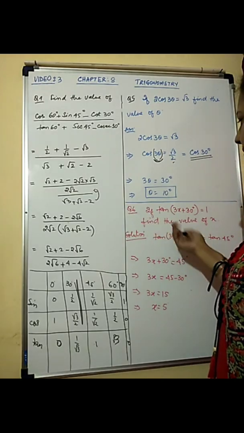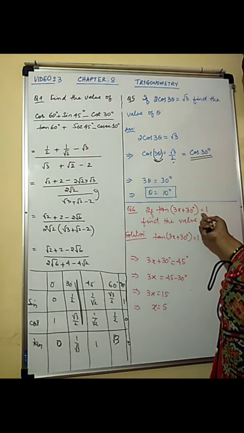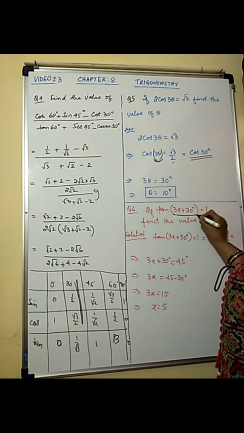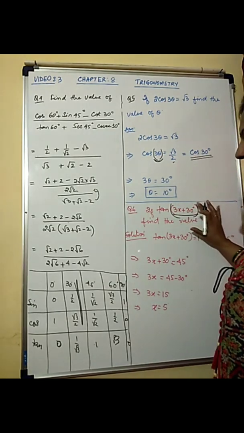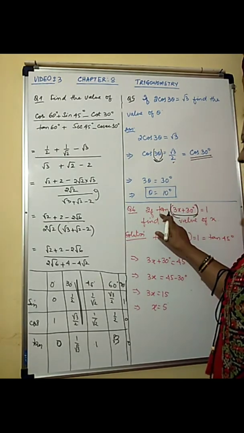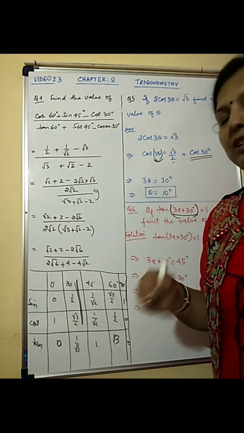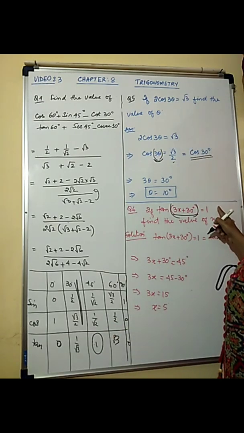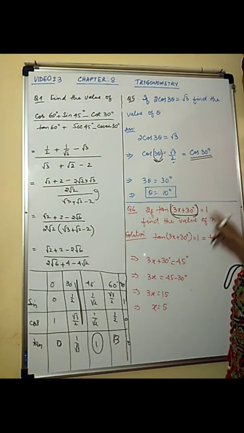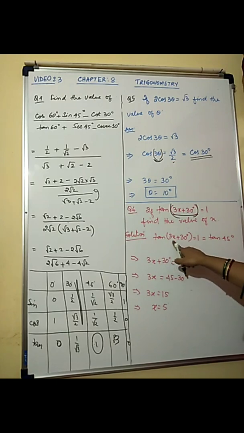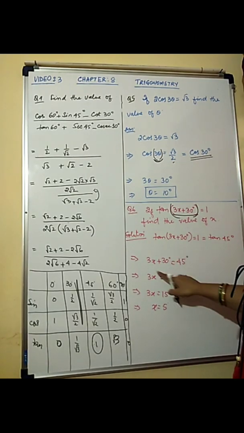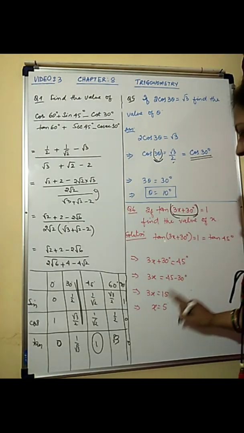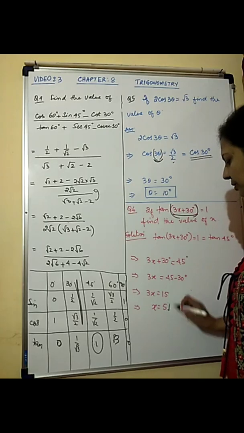And the same way you have another question. If tan of 3x plus 30 degree is equal to 1, find the value of x. So similarly again, we will be taking hold of this as one angle. This is the angle, this is its tan ratio. Tan ratio of this angle is equal to 1. So tan ratio of which angle is equal to 1? 45 degree. So tan of 45 is 1. That means tan of this must be equal to tan of 45. So that means the angle must match with 45 degrees. So here you see 3x plus 30 is equal to 45. So 3x equal to 45 minus 30, 3x equal to 15 and x is equal to 5.